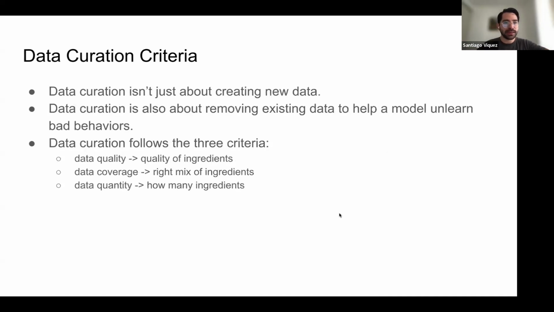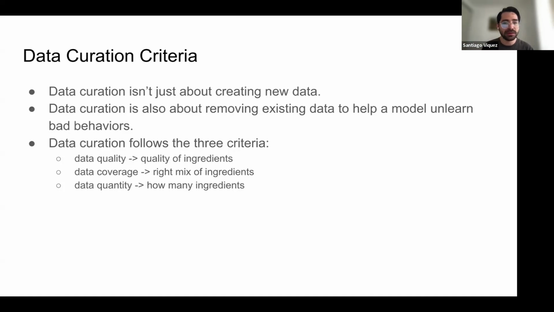So more about data curation, there are some criteria. First, data curation is not just about creating new data. It also means removing existing data that doesn't help your model, so you can help it unlearn bad behaviors.